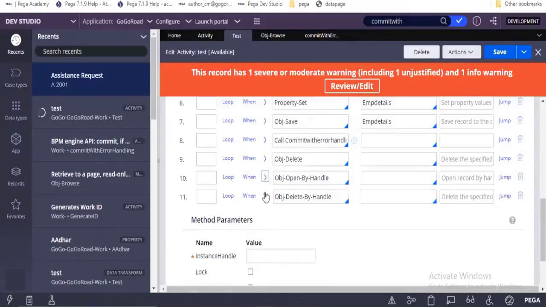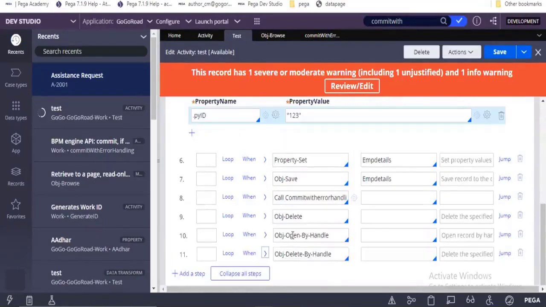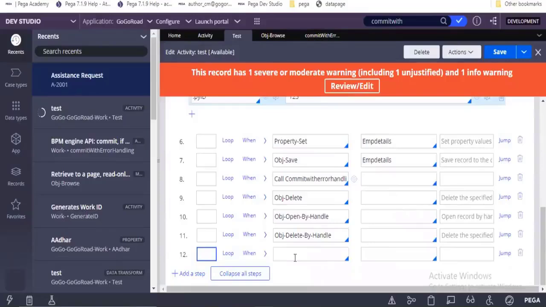Okay, let's go to the next set of methods. There are some RDB methods. These are for the Pega database, for complex queries, and also for external databases.